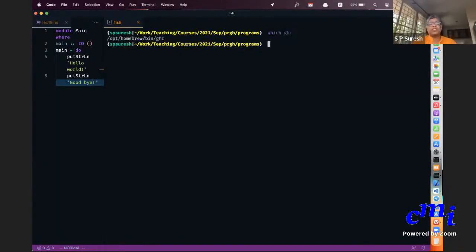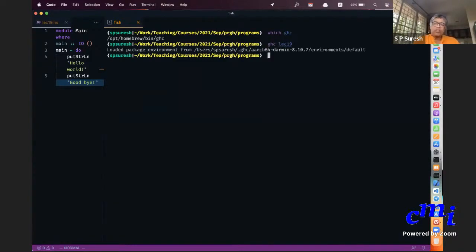So that is where GHC is. But I'm able to say ghc, and then that runs the GHC program. Why? How does my system know where GHC lies? That is because I have actually put this /opt/homebrew/bin in a path that the system will always know.